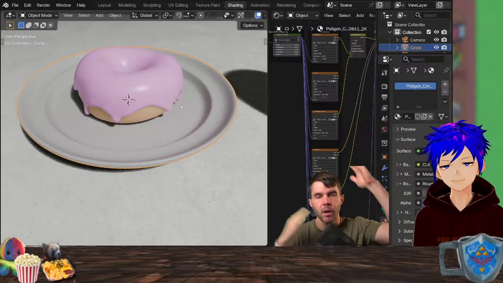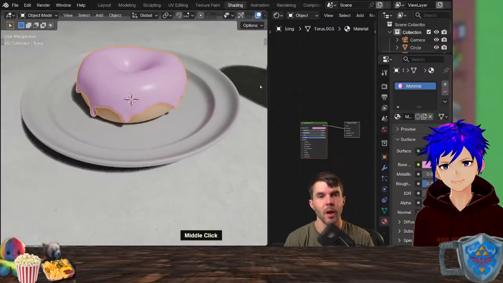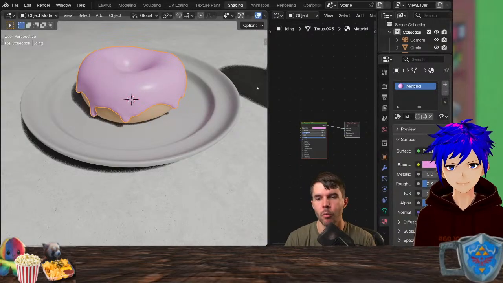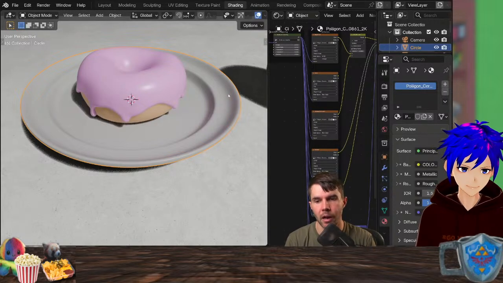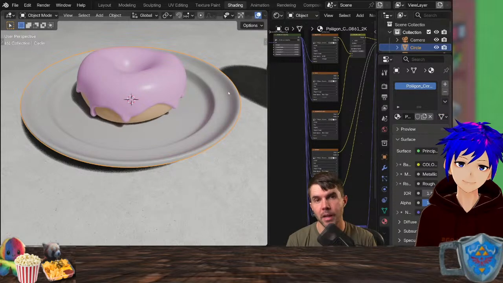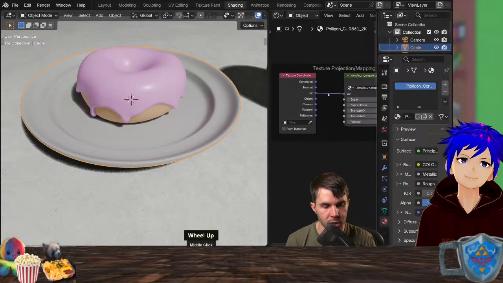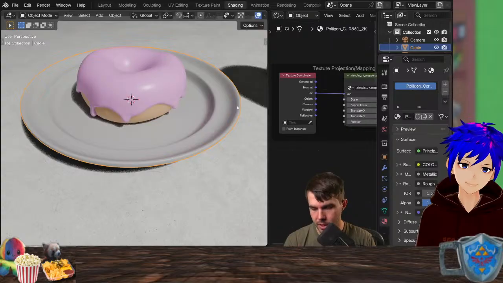Textures are 2D, right? And our objects are obviously 3D. So how do you apply a texture to an object? There are so many different ways. And the most common way is to use UV unwrapping, which is the default method, which is what it's actually looking for right now. You can see that the texture coordinate it's called in is UVs. And for something like a plate, this is the simplest thing ever because it's just creating UVs.